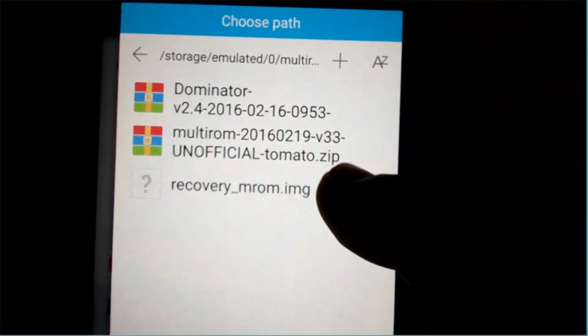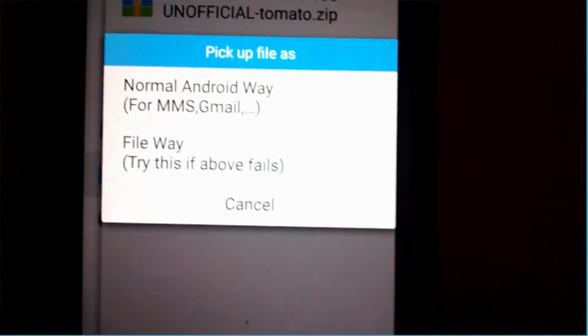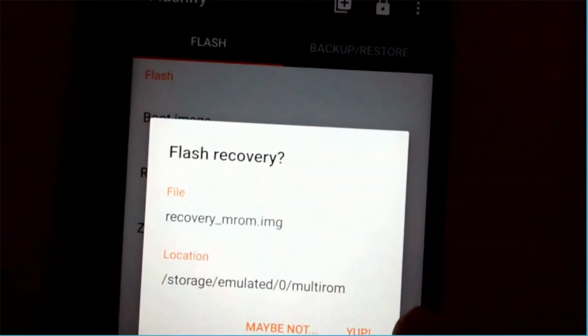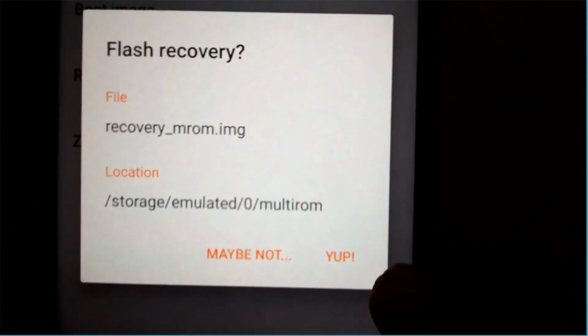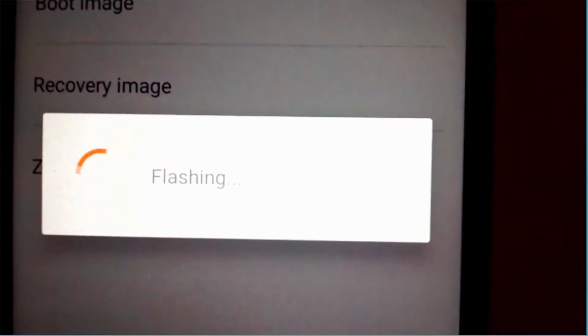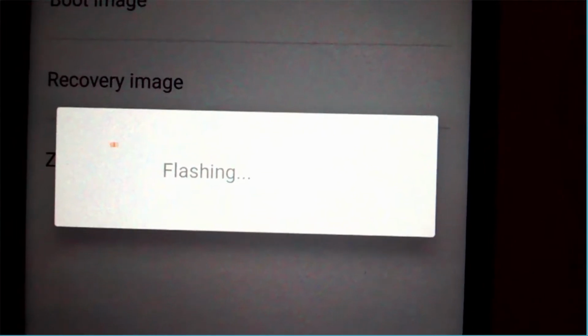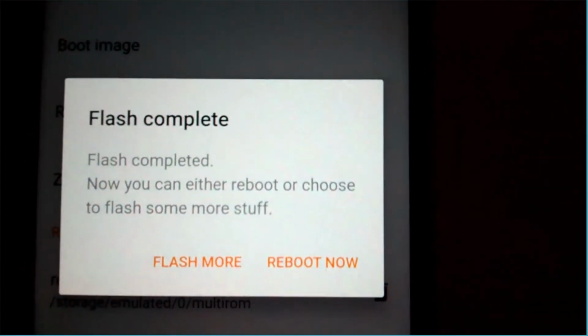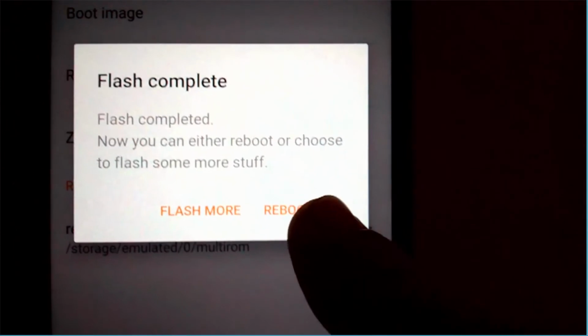You have to select the recovery file, and yep, you can see it is flashing the recovery right now. Now it's done. Now let's see, reboot.